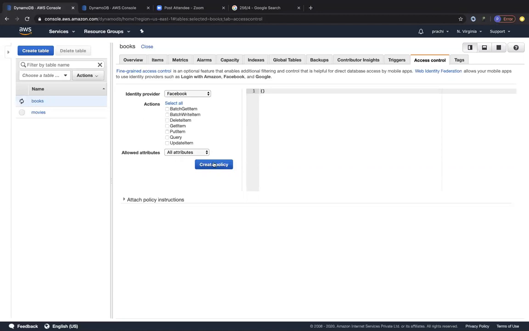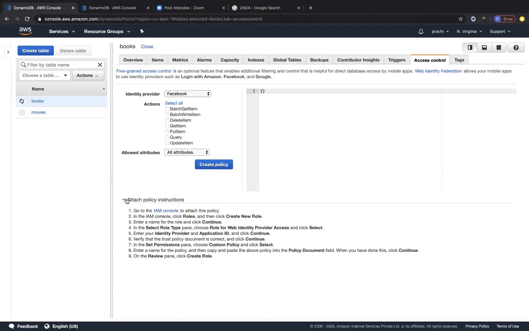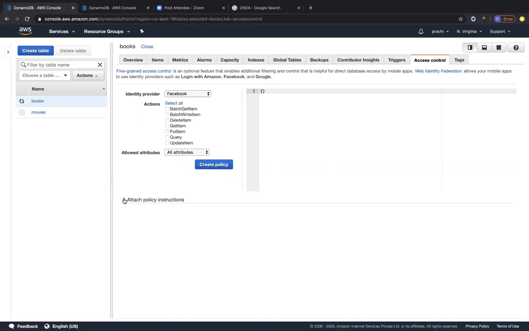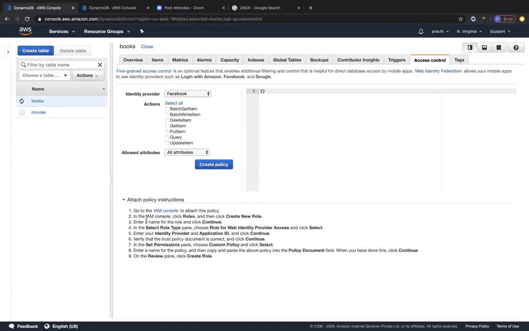So you can create a policy for this, and you can associate this policy with an IAM role. That's possible. So you can see over here, attach policy instructions are given in order to attach this policy to an IAM role. You can create your policy from here and attach it to an IAM role, and that IAM role will be the one that is assumed whenever a person logs in with this federated identity. So it's a pretty amazing topic in itself. Yeah, so it may come up in your exam. It's possible that you're working with federated identities and you would like to provide access to a DynamoDB table. You would do that by creating a policy over here and attaching the policy to your IAM role.